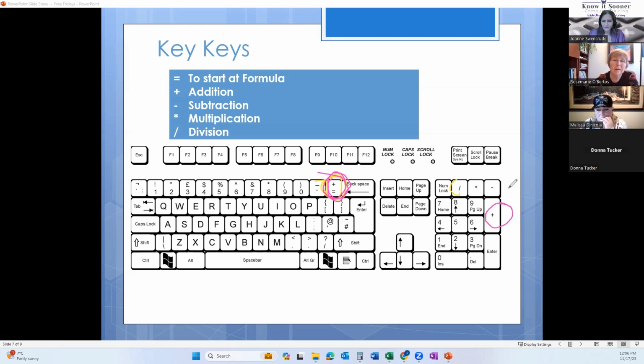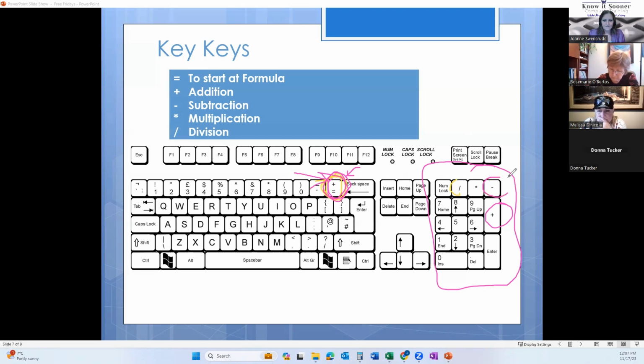It's over here. Now, if you don't have this great big keyboard, you might be on a laptop. Like on my laptop, I don't have that big extra keyboard on the side. So you'll have to find these keys on the left-hand side of the keyboard. Your plus is actually on the same key as the equals. Equals, you don't need shift. Plus, you do need shift if you're accessing it over here.